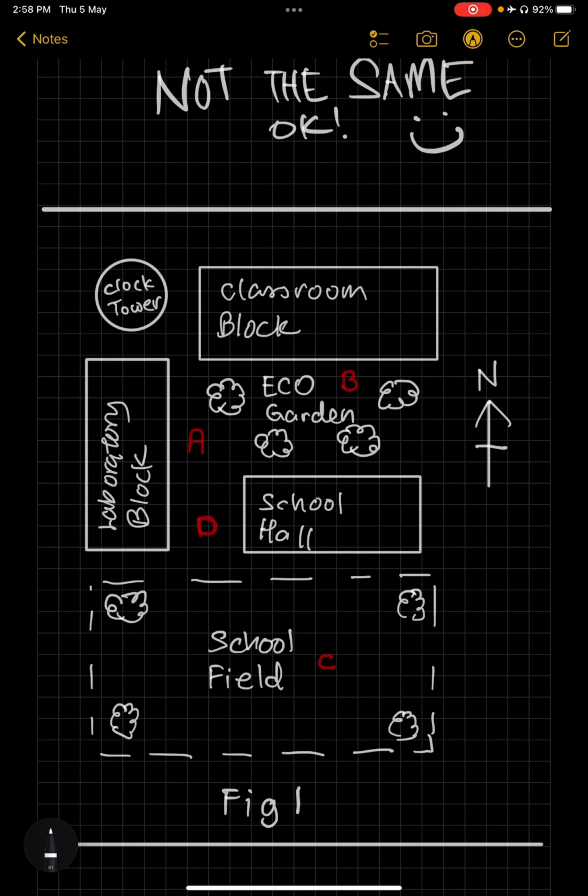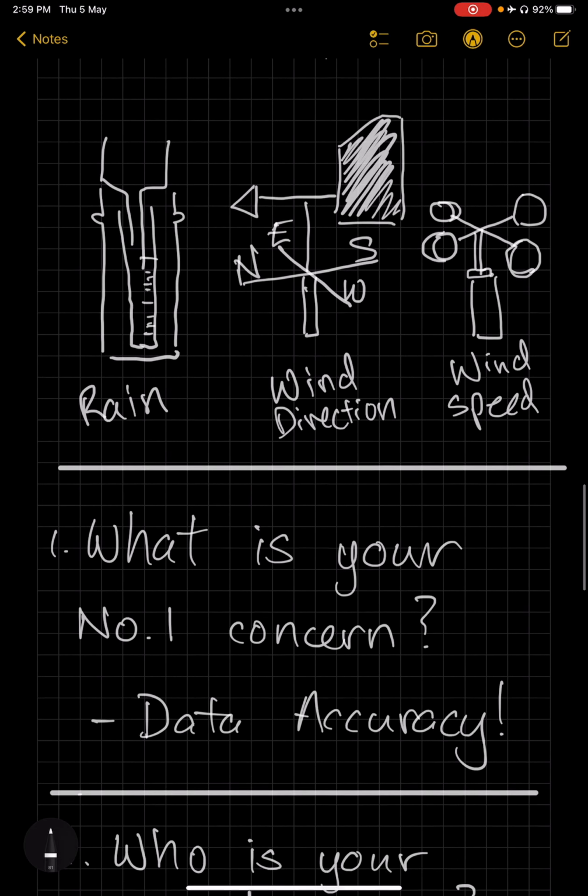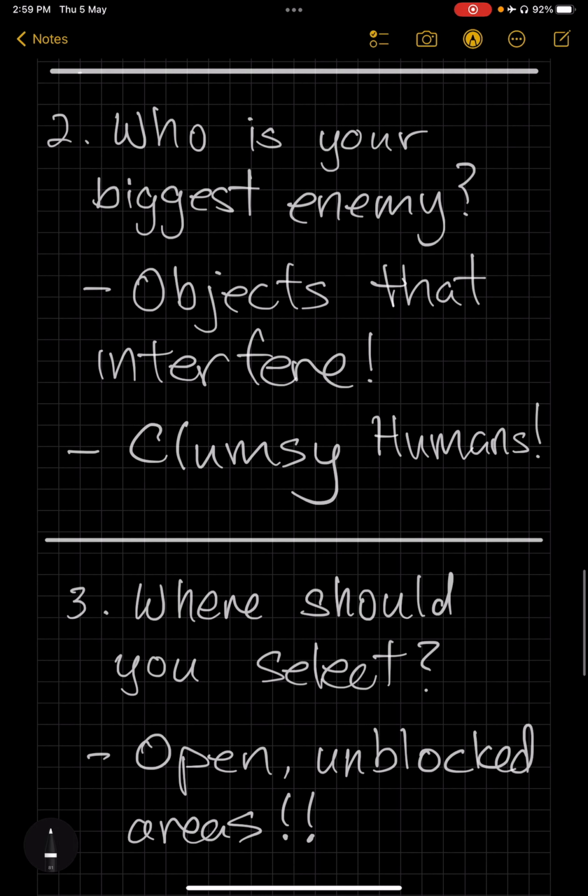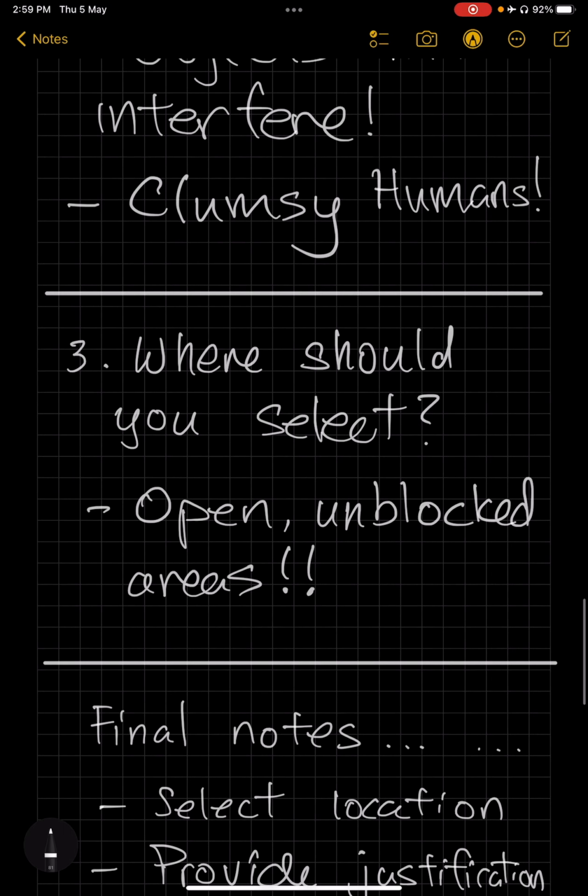But when you look at the location of A, if the rain comes with wind and it comes from the west, northwest, southwest, or west itself, the building of the laboratory block will definitely block the rain. So the amount of rainfall that you capture at A is not going to be very accurate. So this is what we mean by trying to negate your enemies, trying to remove the risk caused by all these things. So the other thing that we could look at is, of course,